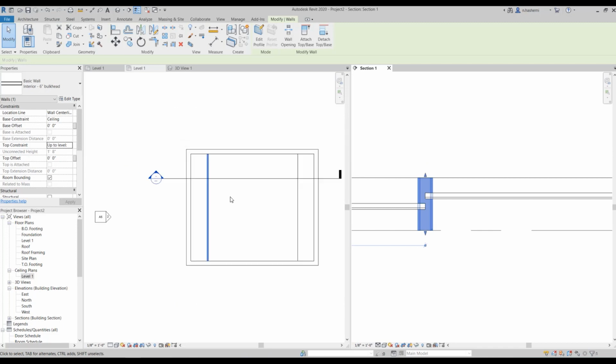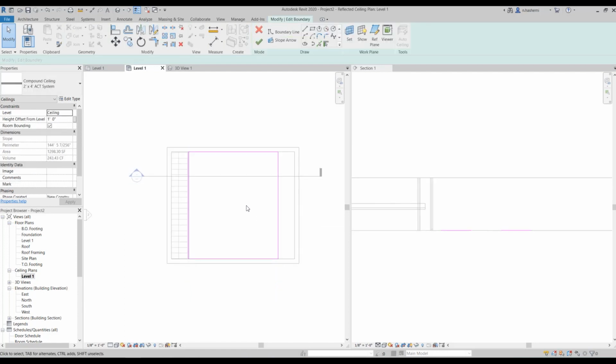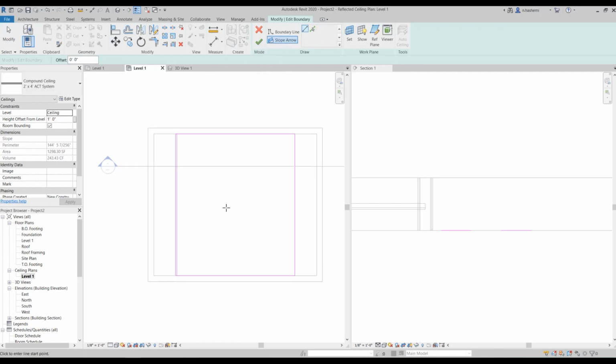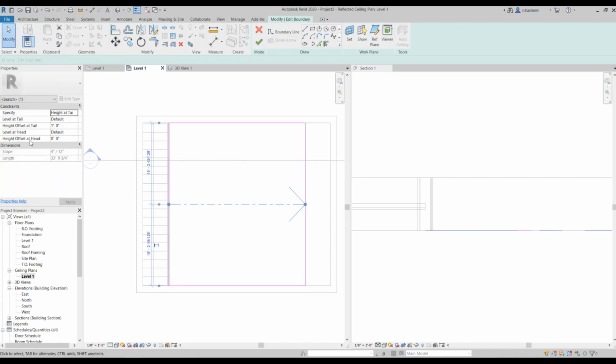Well, next, I'm going to talk a little bit on adding a slope ceiling. So, for example, I'm going to make this central part a little bit sloped. So for that, we need to first double click on the roof and go to the sketch mode, and then click on the slope arrow over here. So we start from the tail to head, and then we need to set these values over here, okay?